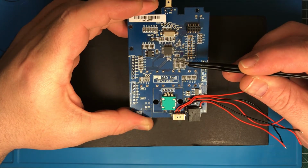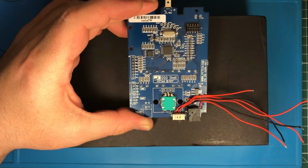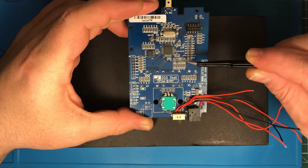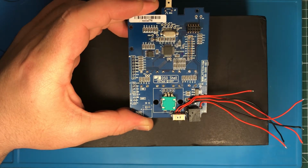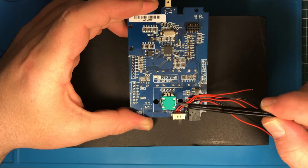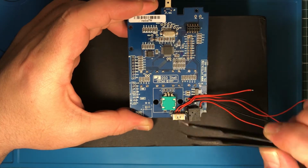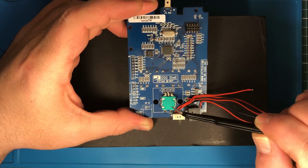Normally you have a diode here, an LED, and this is showing you the trigger pulses. I wanted to have it on the front, so I removed this LED and made something on the front. You will see the next part. Last modification, now I'm not sure if I really need it because I have plenty of space left now, is